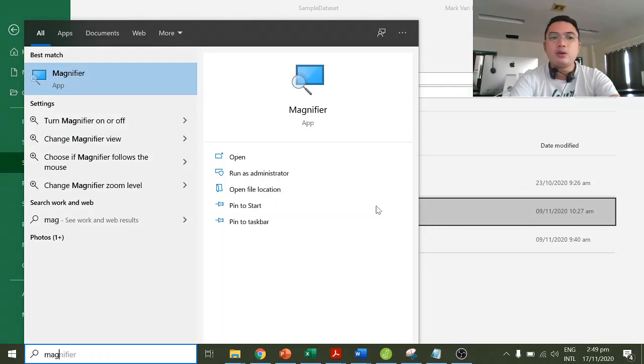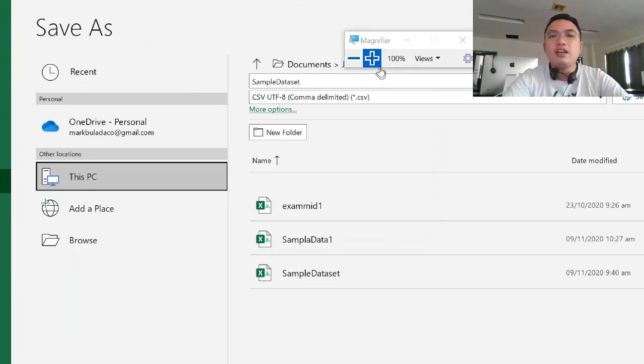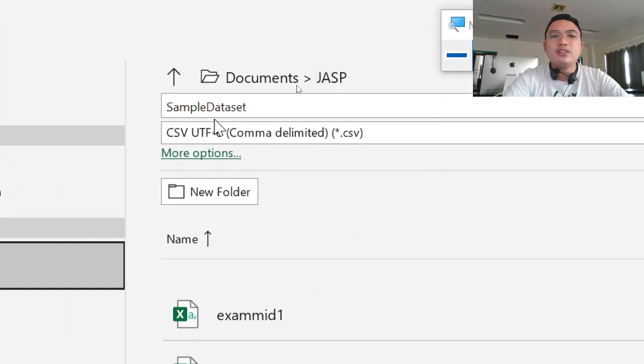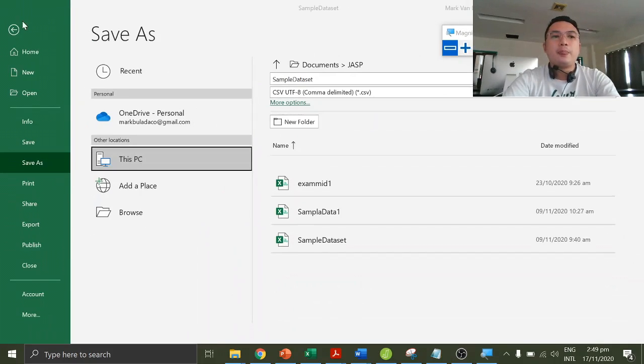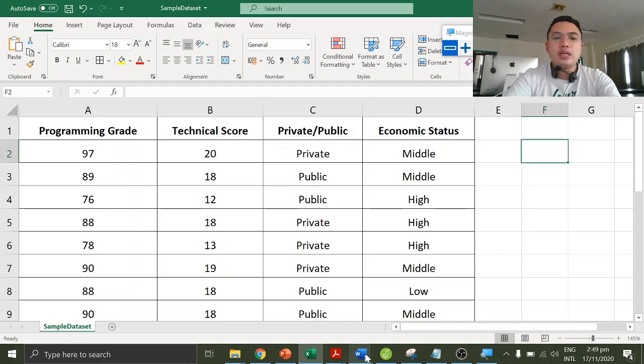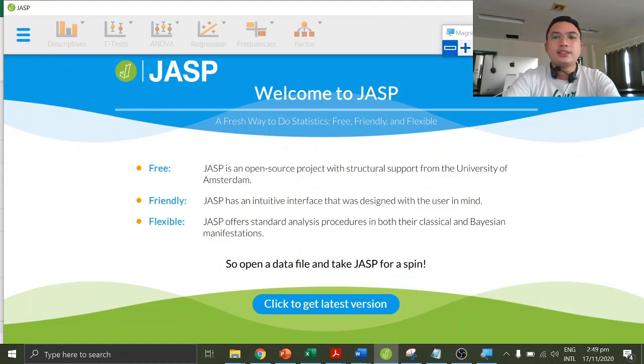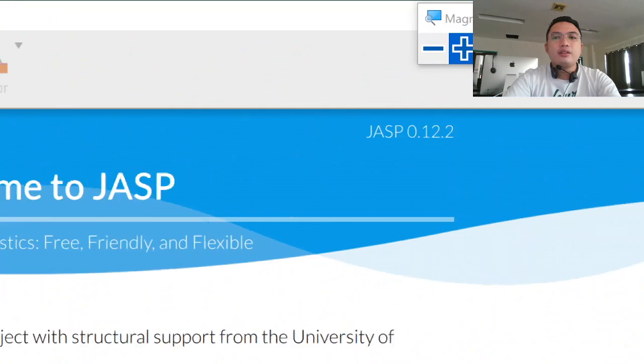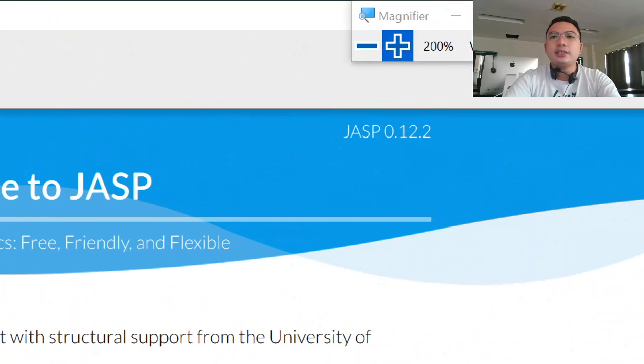Okay, let me open my magnifier. So make sure to save your data set in a CSV format so that we can open it in JASP. So we will now be opening our data set in JASP.